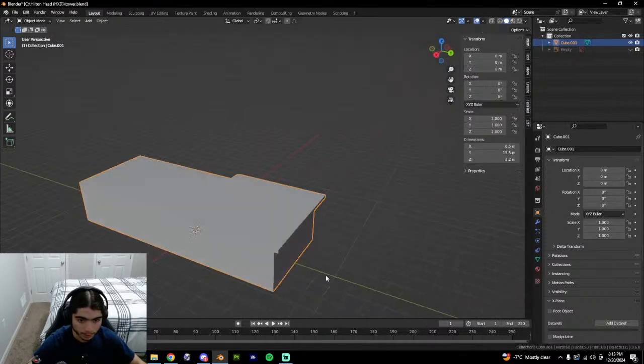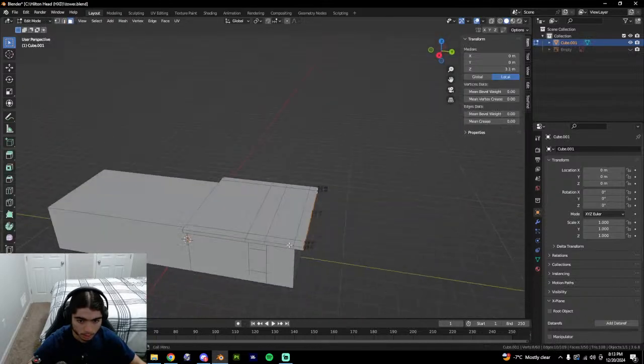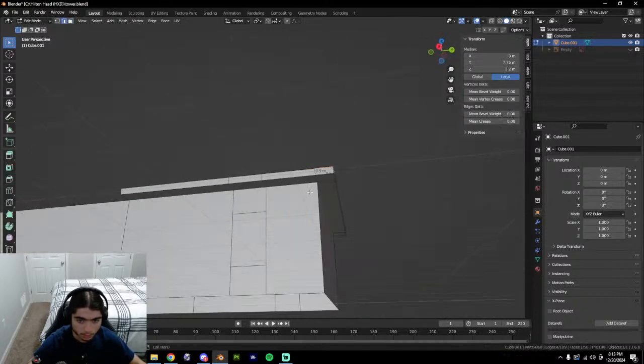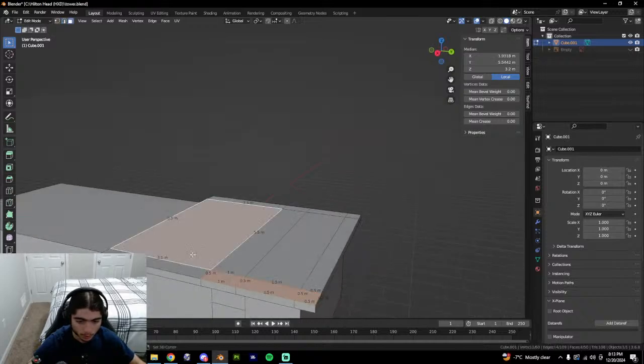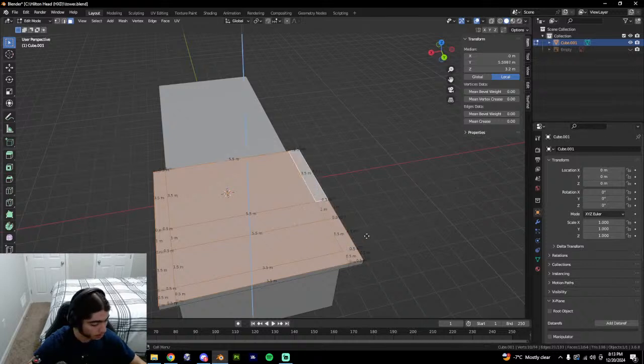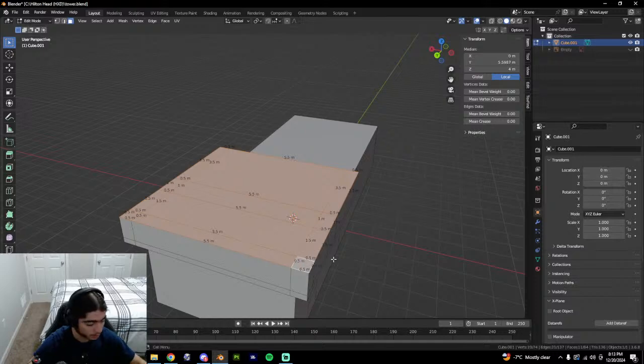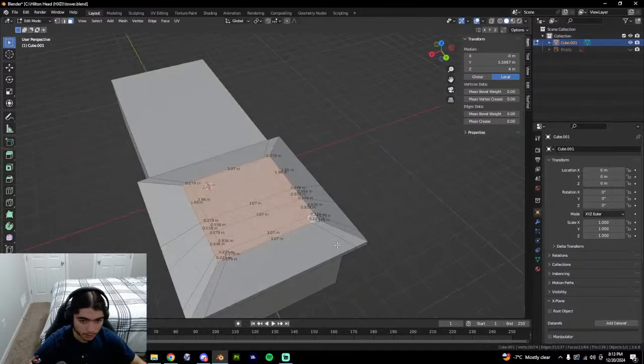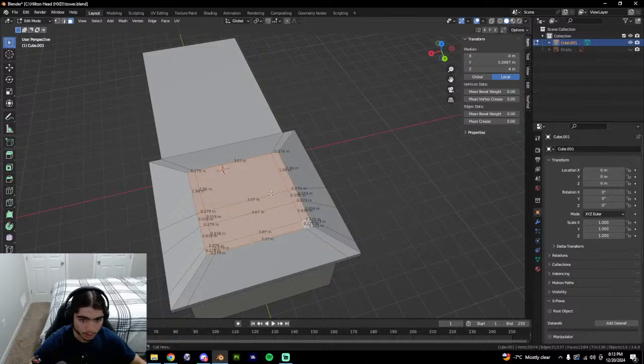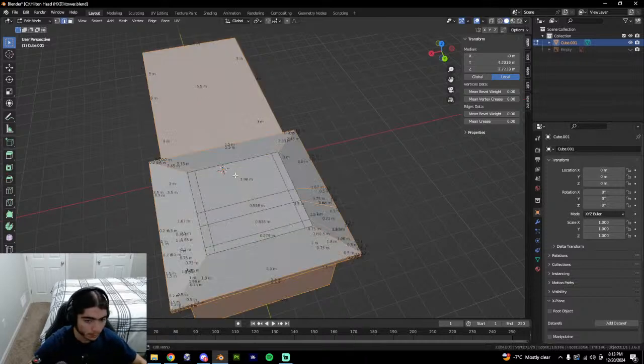I think that looks better, yeah. So what I'm going to do is extrude this by 0.8 meters. So now we have a meter tall roof thing, and we're going to scale this in. Having trouble selecting the faces. We're just going to scale this in, and I guess just make one loop cut here in the middle and